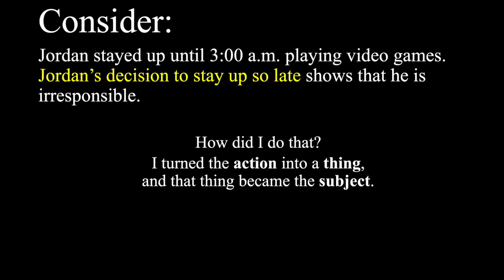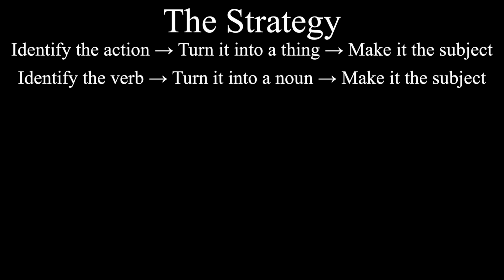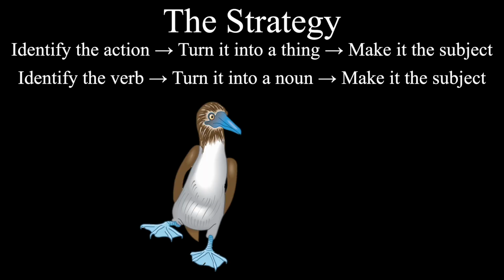I take the action and I turn it into a thing. That thing then becomes the subject of my next sentence, okay? You identify the action in a sentence, you turn it into a thing, and you make it the subject. One way to imagine this is you identify the verb, turn it into a noun, and make that the subject. If you want to use actual ELA terms, actual language arts vocabulary, which you should, but you might imagine it